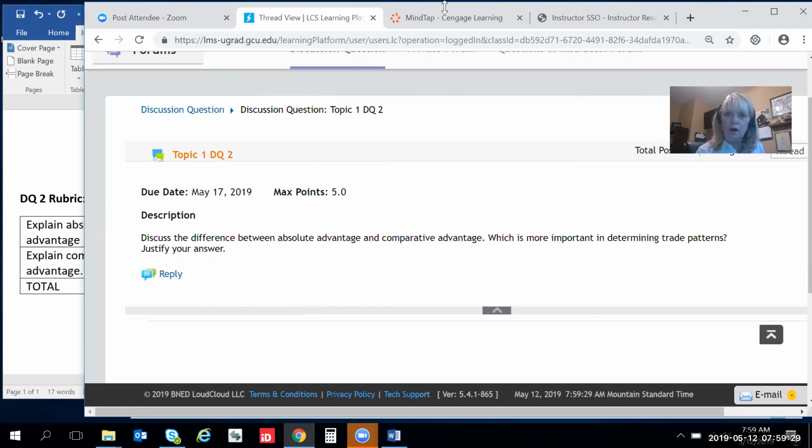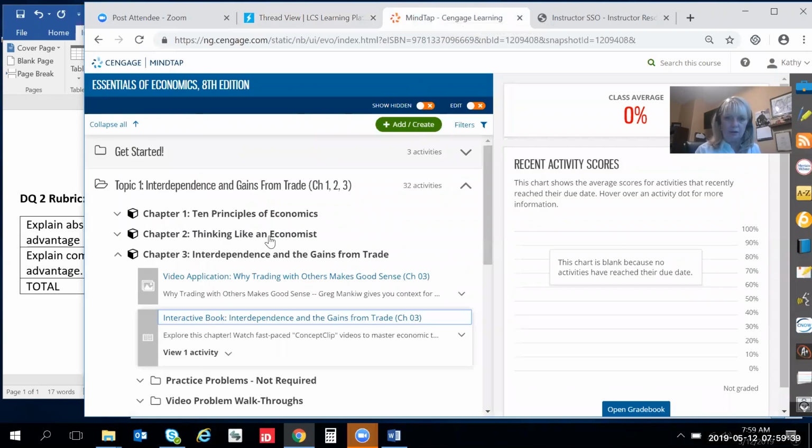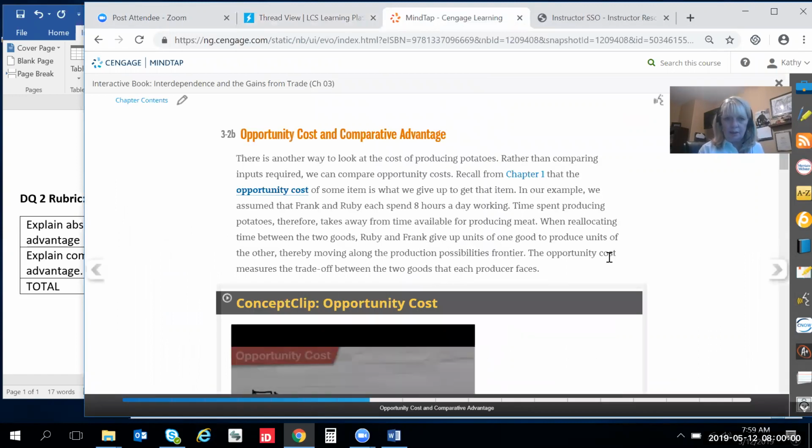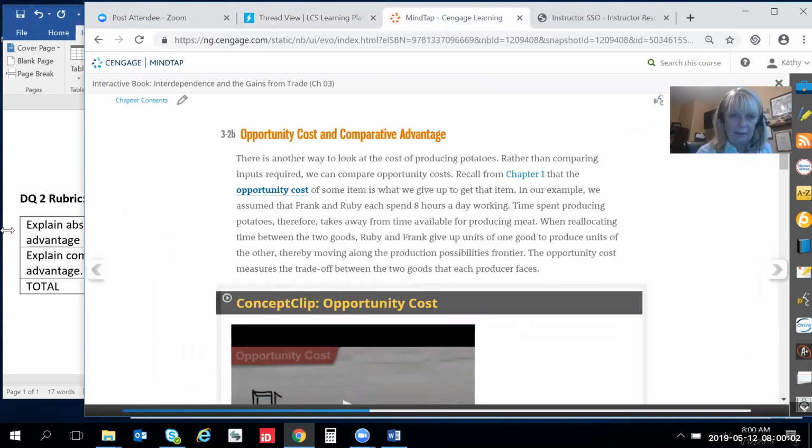As you will recall, when we looked at DQ1, both of these ideas are discussed at length in Chapter 3 of our textbook, and our textbook is found over here in MindTap. Let me move my window here. MindTap, and I'm in topic 1, and I'm going to go to the interactive textbook once again, and I'm going to wait patiently while it loads. And there we are, and we're back in